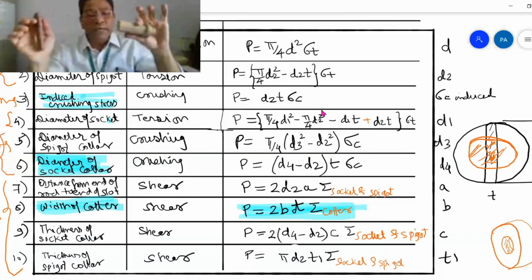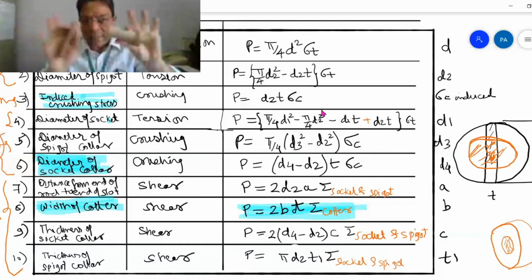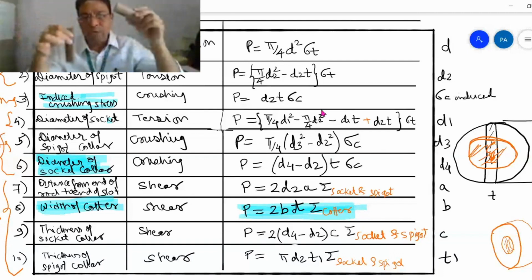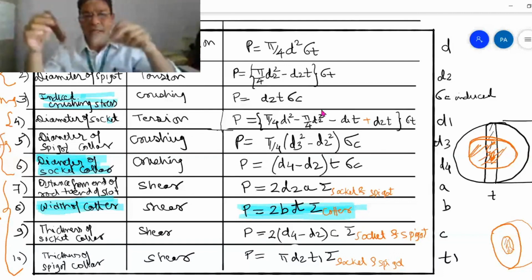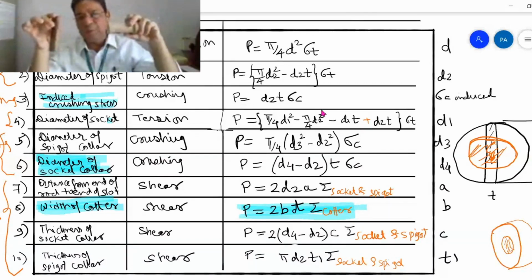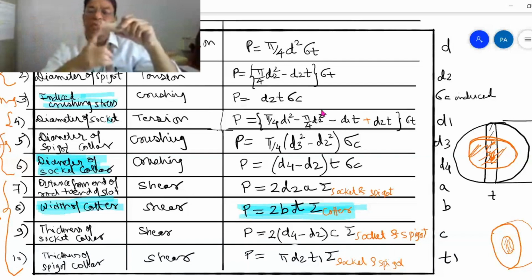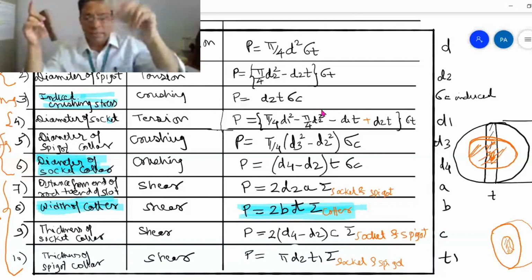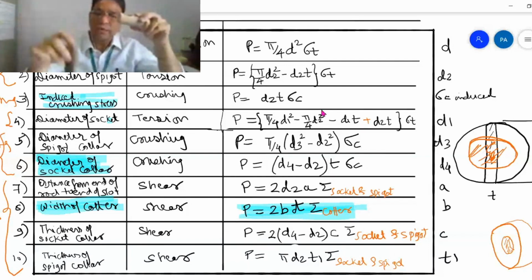तो हमको किसका क्रशिंग करना है? किसी का नहीं. हमको क्रशिंग किसी का नहीं करना है. We don't want any of this to fail. I will give the numeric values now. Sigma c of this is say 70. Sigma c of this is